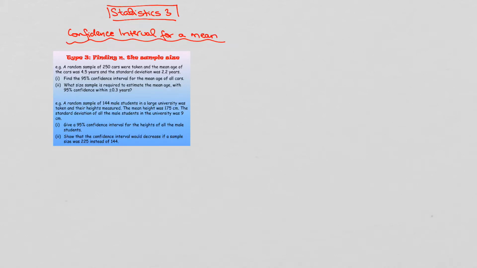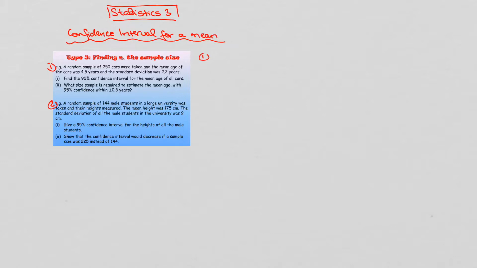Statistics 3, confidence interval for a mean. Type 3, find again which is our sample size. So in the first example here, I'm going to call this 1 and 2. So in example 1,